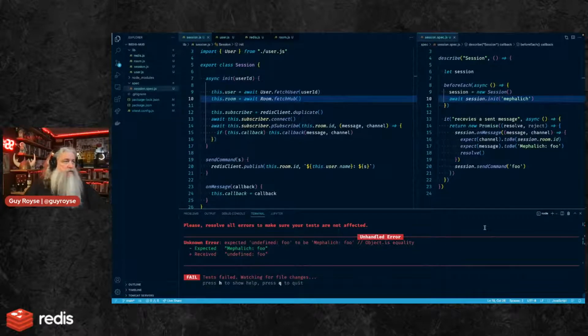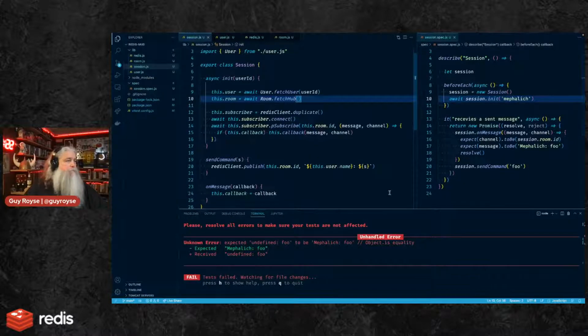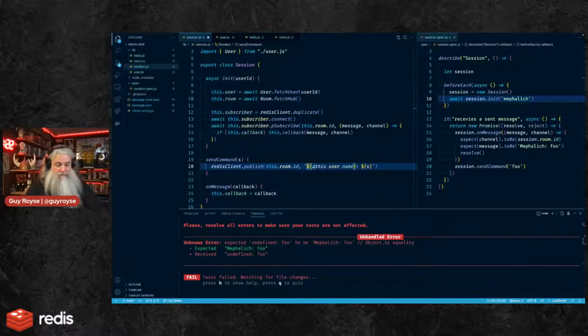Still not working. Oh, that's because that is asynchronous.